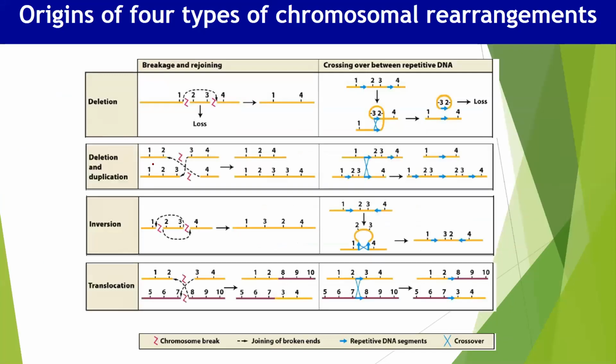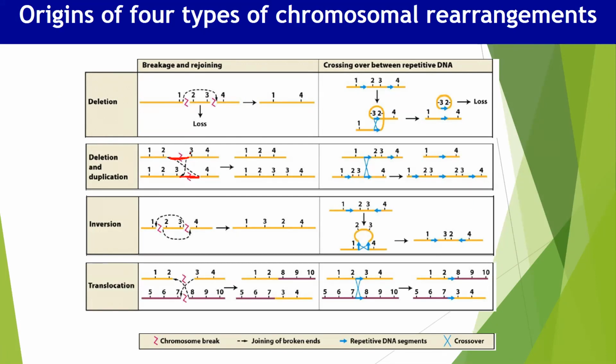The crossover should occur at the same locus. However, sometimes that is not true. For example, if the crossover occurs at a different location, so that the breakage on the first homologous chromosome is between genes 2 and 3, but the breakage on the second homologous chromosome is between genes 3 and 4, and the crossover occurs like this,